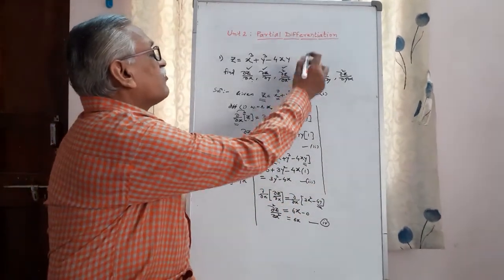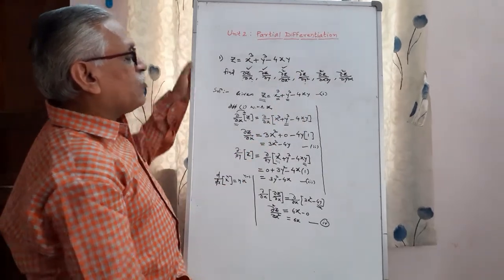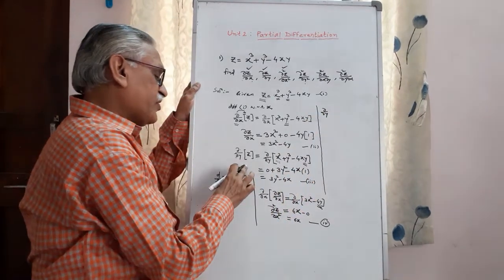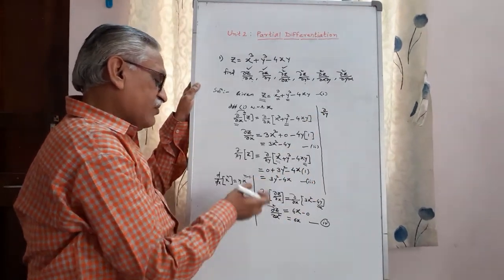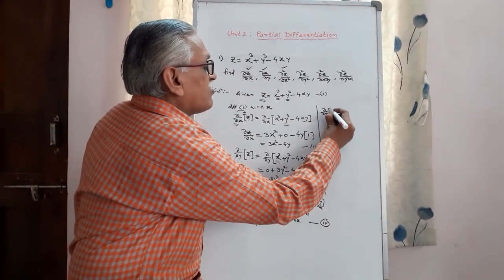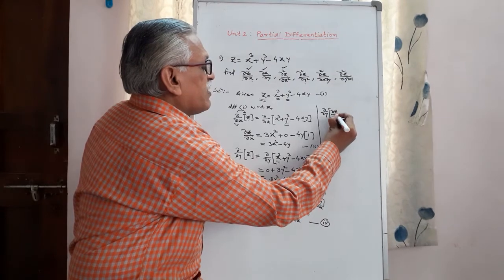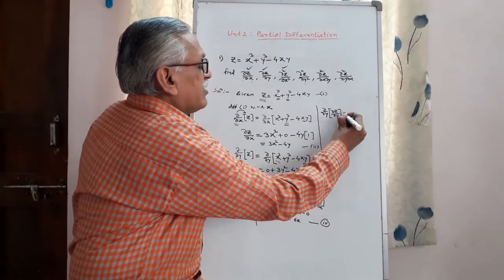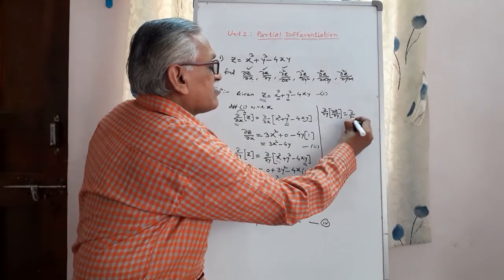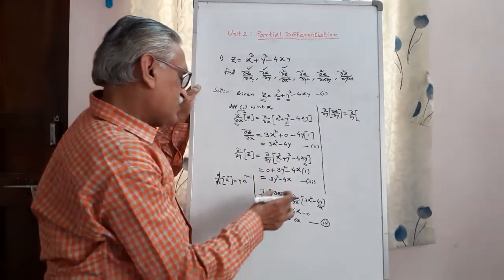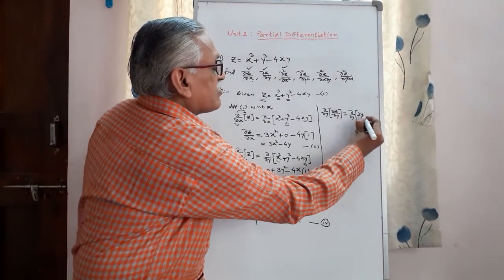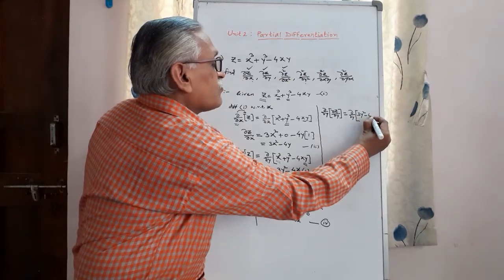Then we find out this next one, ∂²z/∂y². Nothing but, we have to differentiate this result number 3 again with respect to y. Therefore it is ∂/∂y of ∂z/∂y, and it is equal to ∂/∂y of the right hand side term of equation 3, and that right hand side term is 3y² minus 4x,